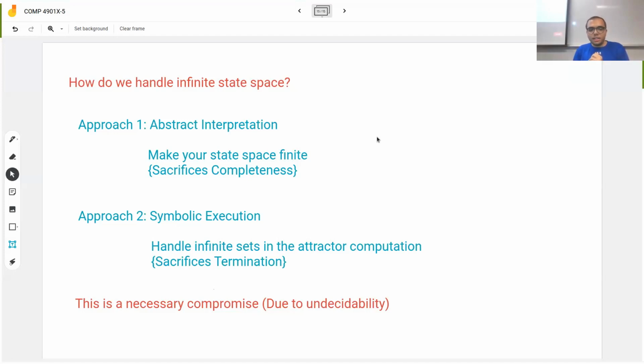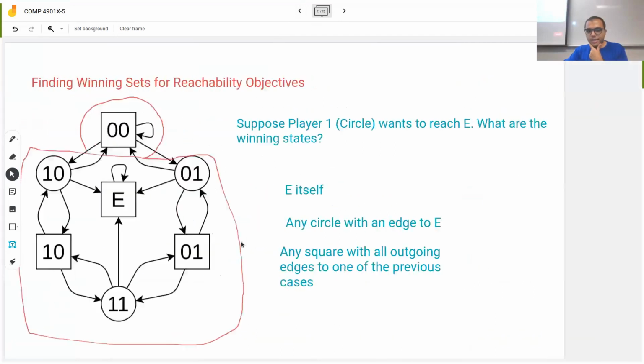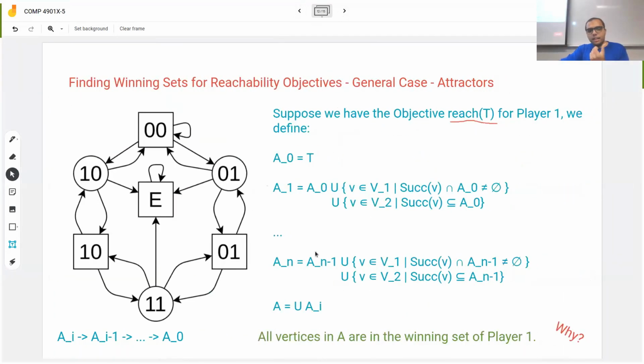The other idea that people use, and we're not going to really cover in this course, is symbolic execution. So here's the thing. I'm calculating this attractor set here. And in my setting, I said that suppose I have a finite number of states and I'm just going to do this calculation every time. But now instead of this, let's say that I have an infinite state space, but I don't calculate every member of each one of these sets. Instead, for each one of these sets, I just calculate a symbolic representation. Maybe I just calculate a bunch of